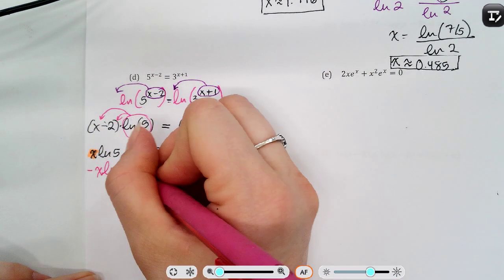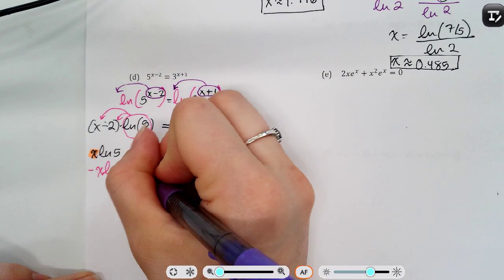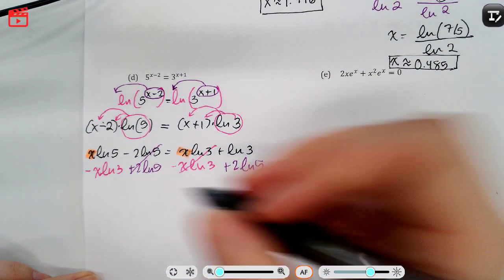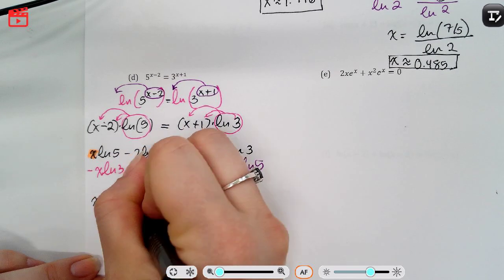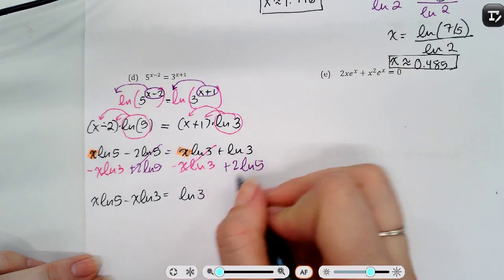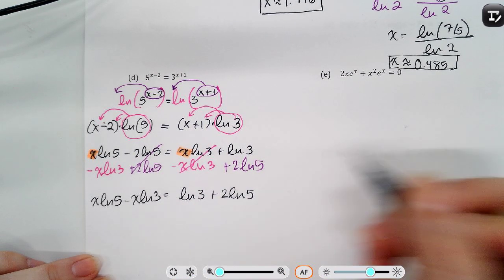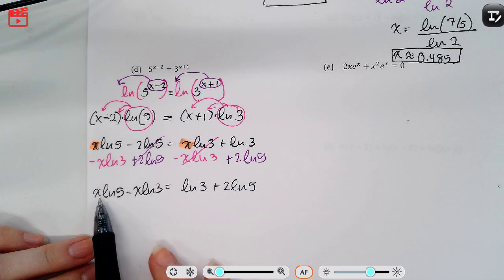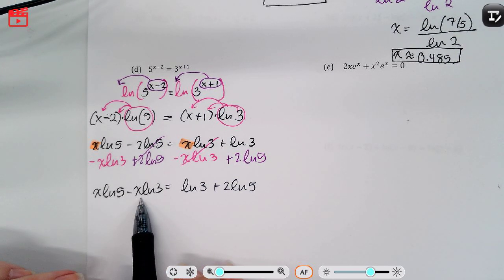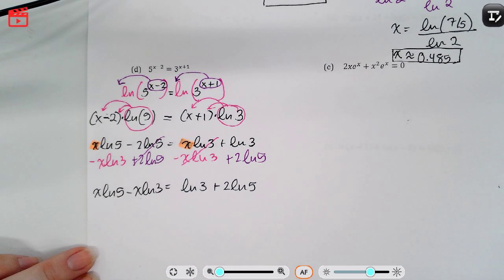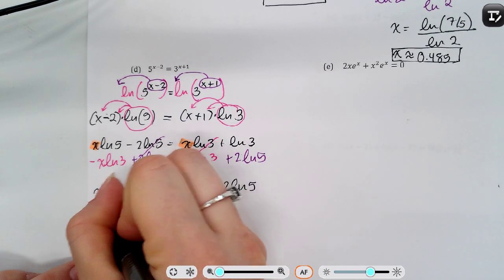And let's add these terms. All right, what do we have? We have x ln 5 minus x ln 3 equals ln 3 plus 2 ln 5. We can't combine any of these because the ln terms are all different. So how do I get x to appear one time on this side? Well, x is a common factor, so I can pull that factor out. So factoring out x,